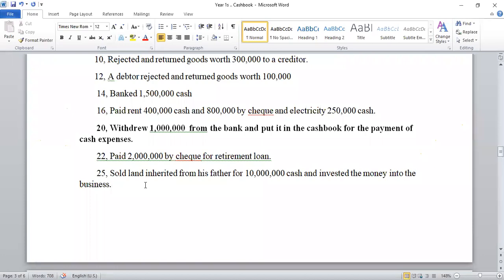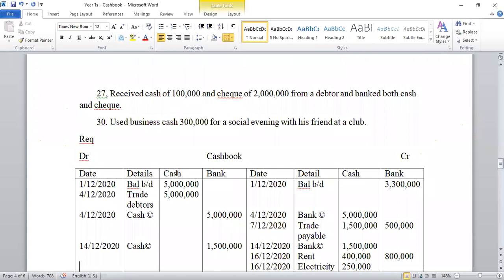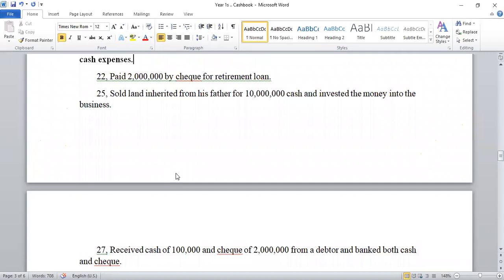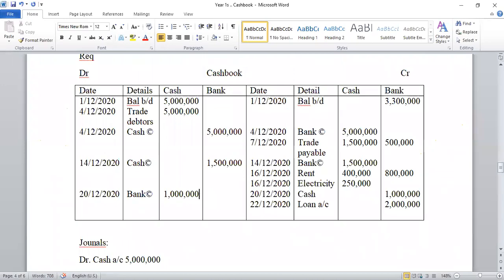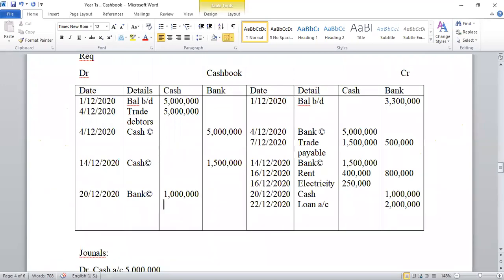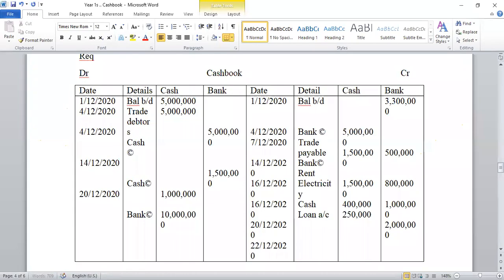So what was I saying? We're interested only in the cash transaction. So I'll go and look at my cash book. We are debiting. So come to the cash column on the debit side and pass the money. Let me confirm the amount that's involved. It's 10 million. So come and put the 10 million on the debit side, cash column. Then you're asking yourself, which other account is involved? It was the capital account. So come and pass the capital account.